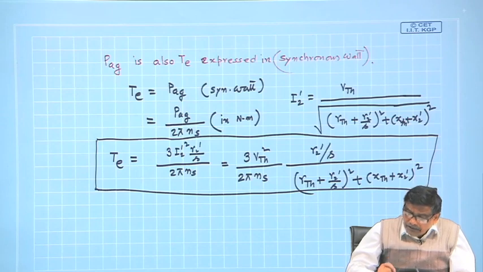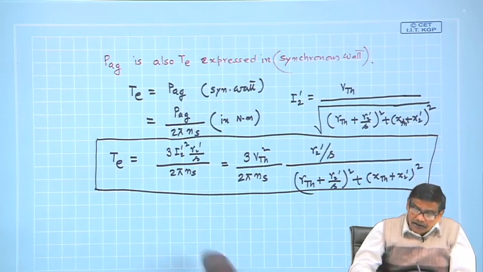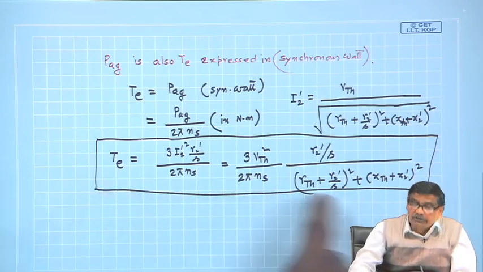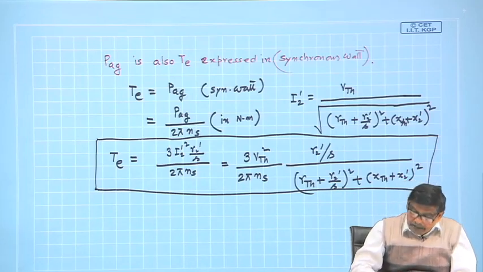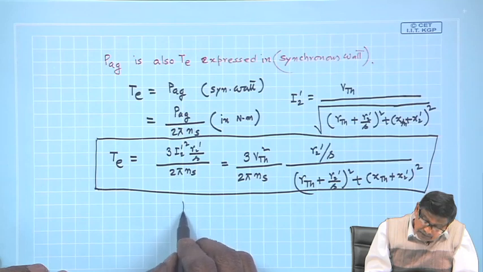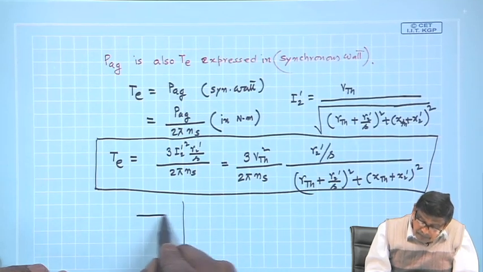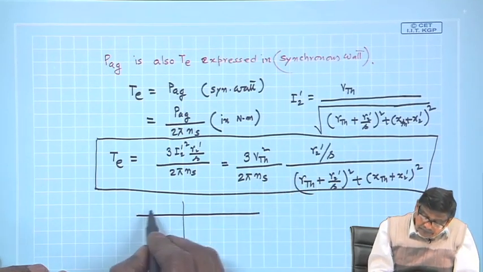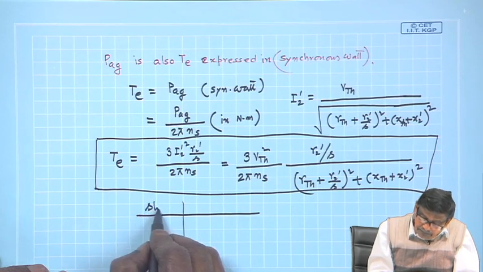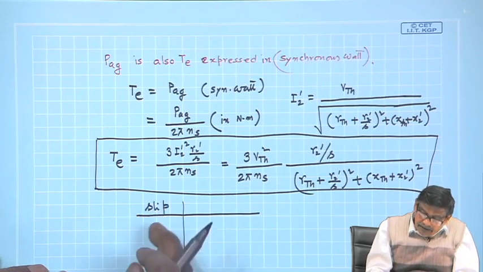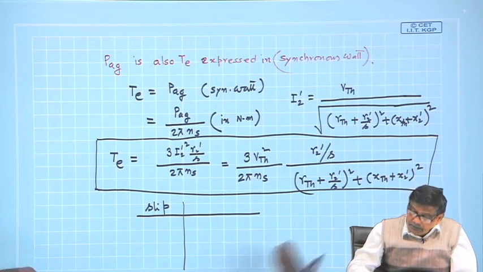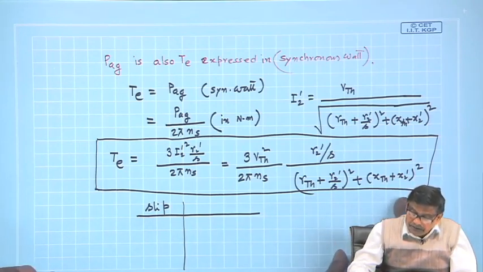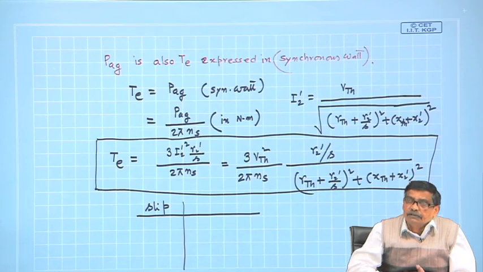So, by putting different values of slip, I will be able to calculate how much torque the machine is capable of developing. That is, I can make a table here, I will write slip, and the value of the slip range is known,